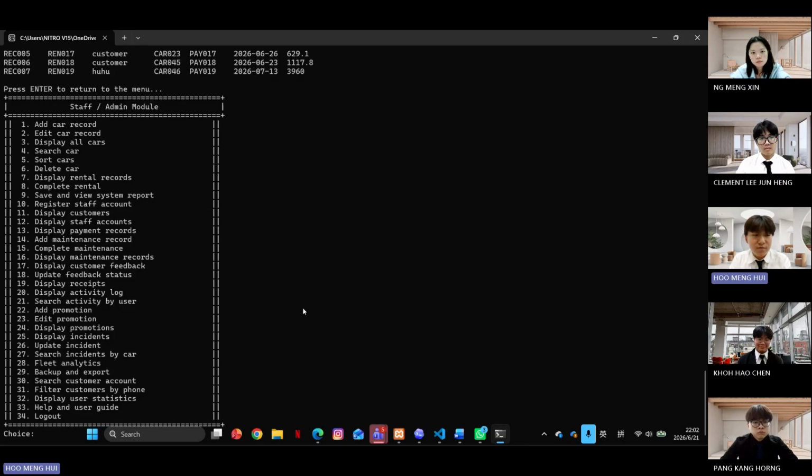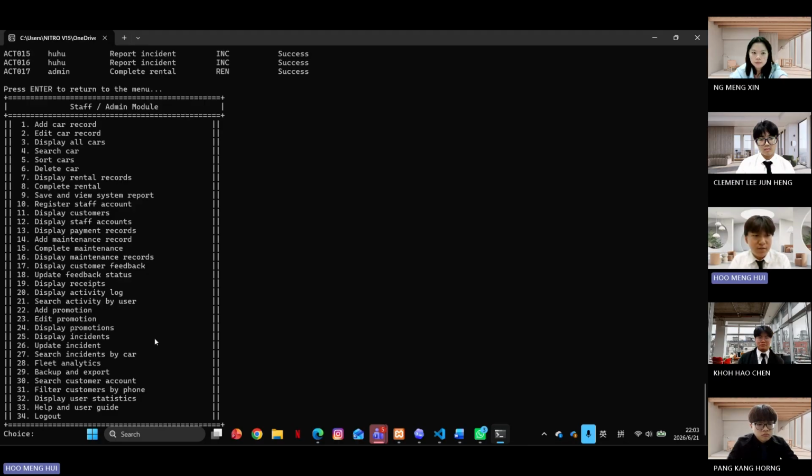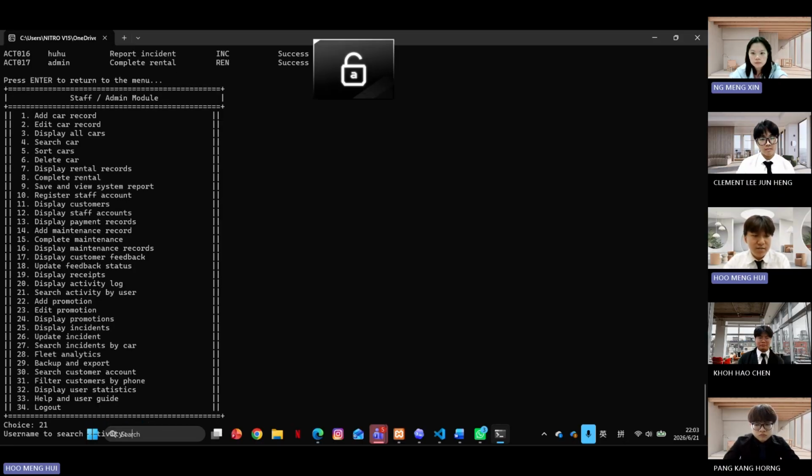Now we go to option 20, display activity log. Here it will show all the activity logs for which admin or which user. For example, for admin, the action is initial car data setup, the target is car 001, and the status is success. Okay, now option 21 is search activity by user. It will ask you to enter the username to search the activity.